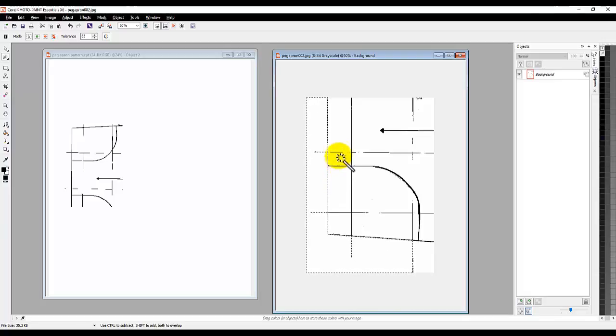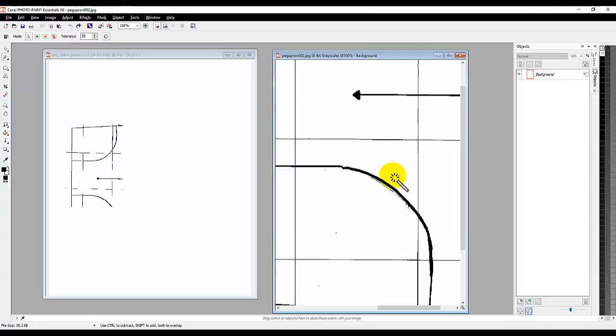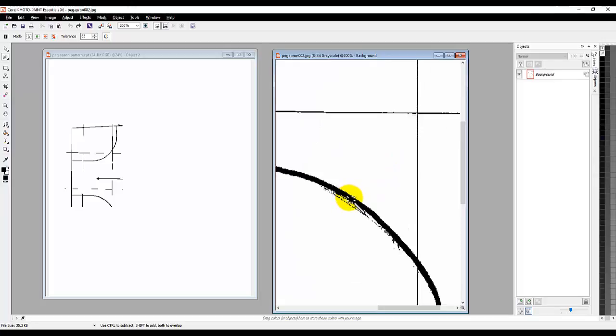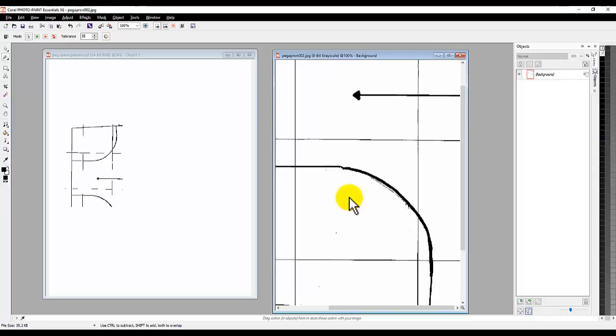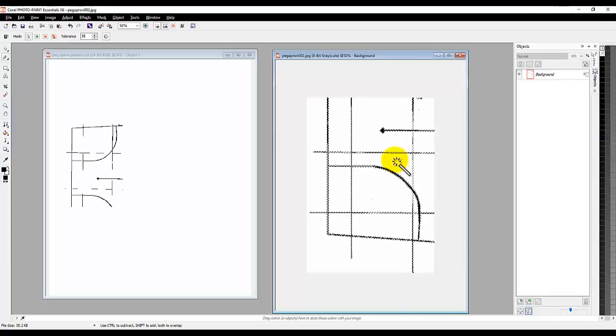So again, I think you might be able to right click and undo mask wand. That's the quicker way to do it. And zoom in so you're over the black line and select again. And this time I've selected what I wanted to select. Now I did